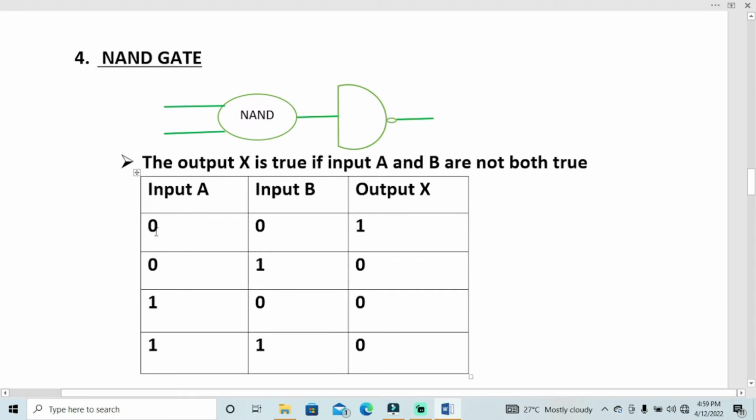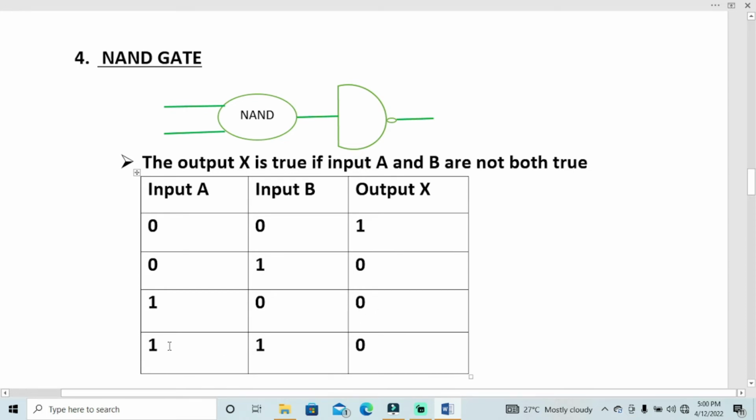So in this situation, we have input A not being true and input B not being true, which means the output X is actually true. Here we have input A not being true and input B of course being true, but in order for the output X to be true, they both have to be false. But in this situation B is true, which means output X is not true. And on this one we have A true and B not true, which means output X is not true,